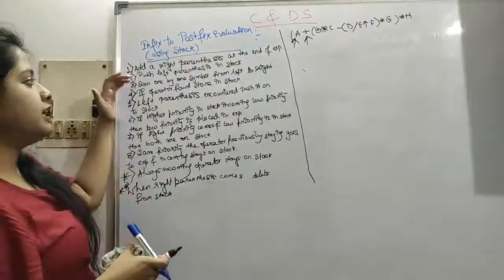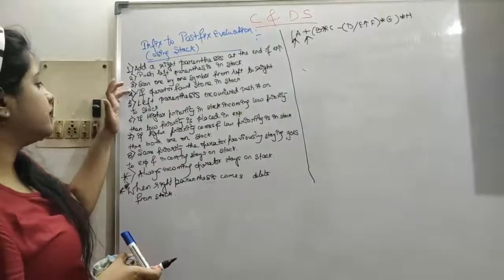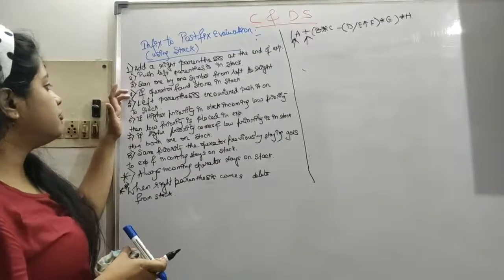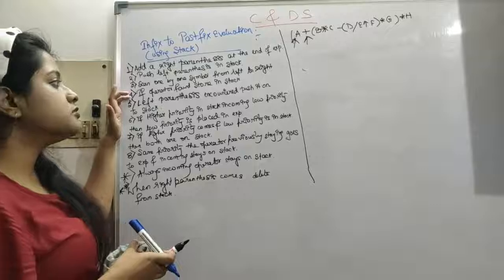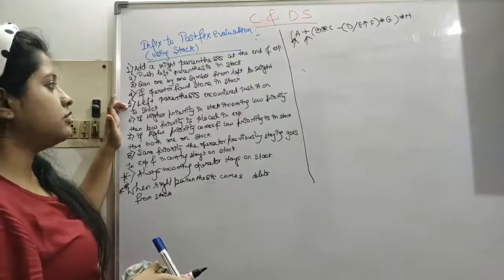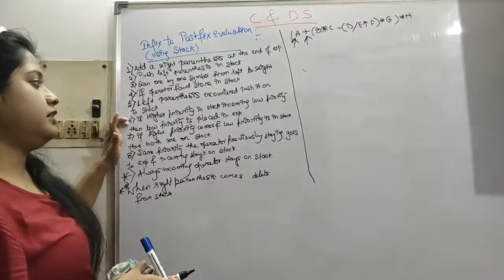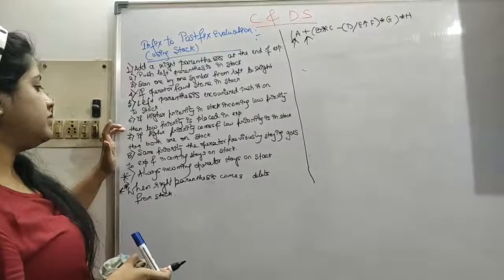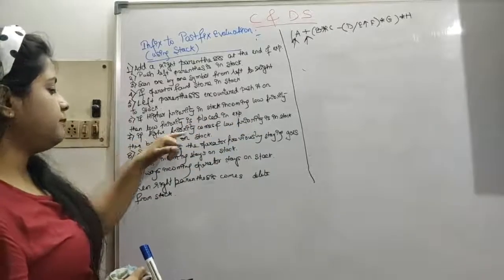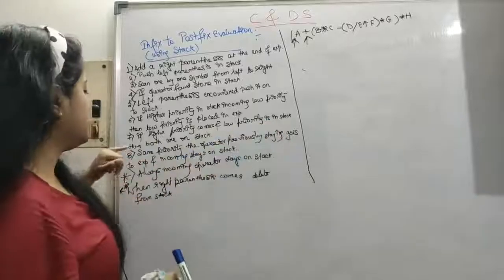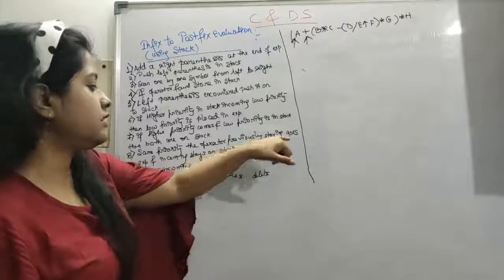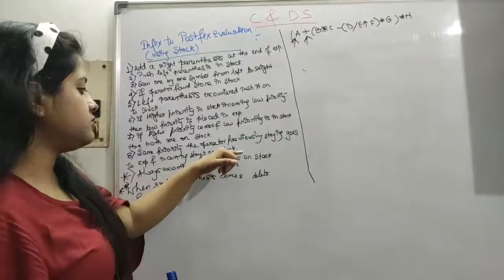Number 2: push the left parenthesis in the stack. Number 3: scan one by one symbol from left to right. Number 4: if an operator is found, store it in the stack. Number 5: if a left parenthesis is encountered, push it onto the stack. Number 6: if the stack has higher priority and the incoming has low priority, then the low priority is placed in the expression. Number 7: if higher priority comes and low priority is in the stack, then both are on the stack. Same priority: the operator previously staying goes to the expression and the incoming stays on the stack.